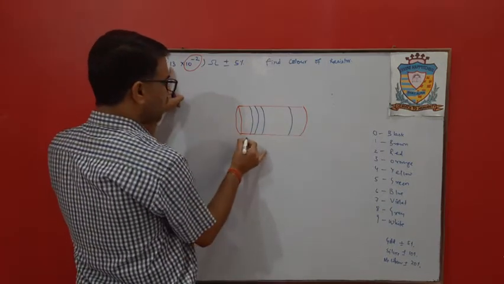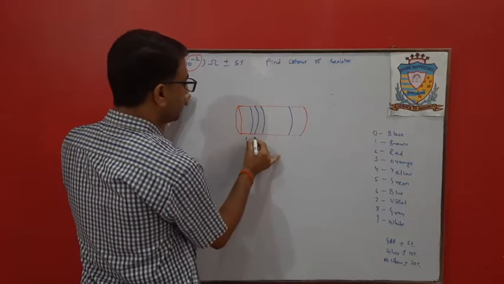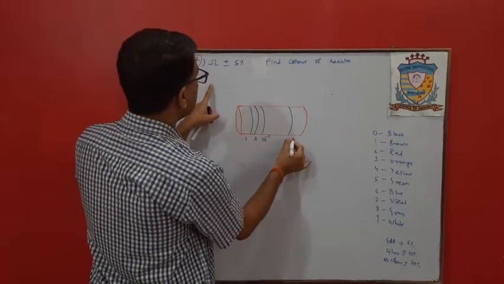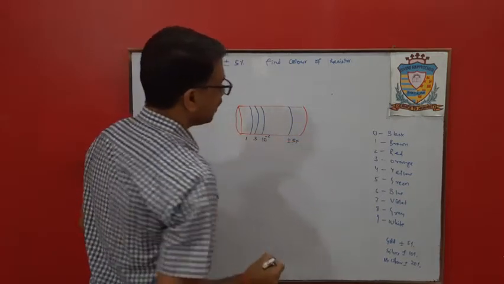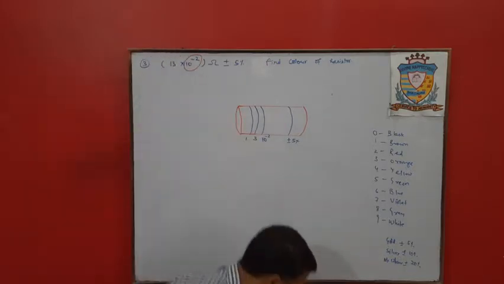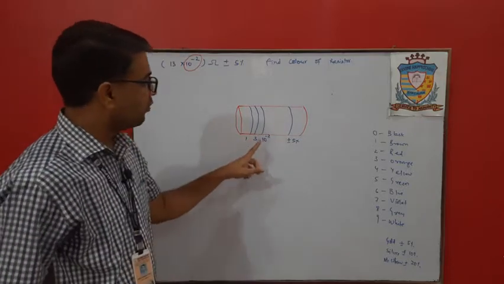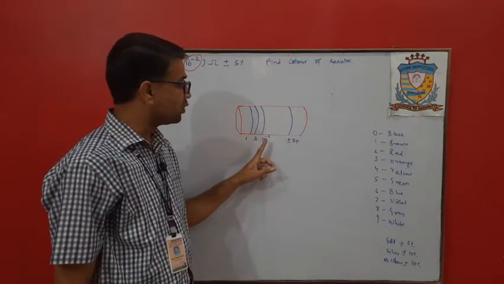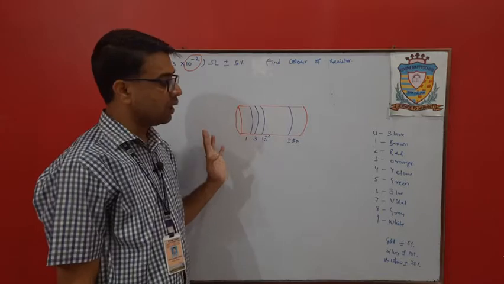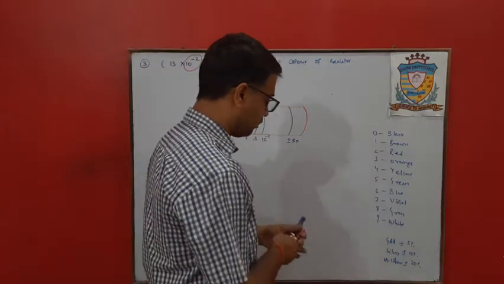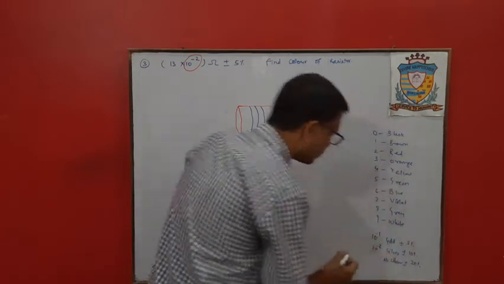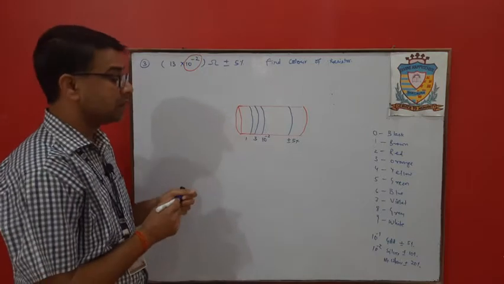At the first place we have 1. In the second place we have 3, here we have 10 to the power minus 2, and in this place we have plus minus 5%. As I told you, if at the third place we have a multiplier in the form of minus, that is either 10 to the power minus 1 or minus 2, nothing else. If it is 10 to the power minus 2, the color will be silver, as we have previously told you.